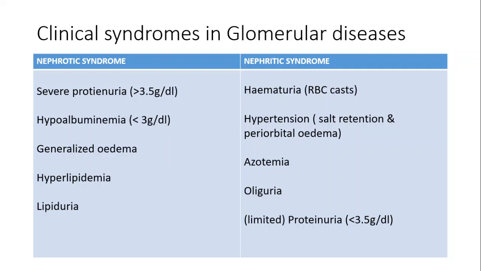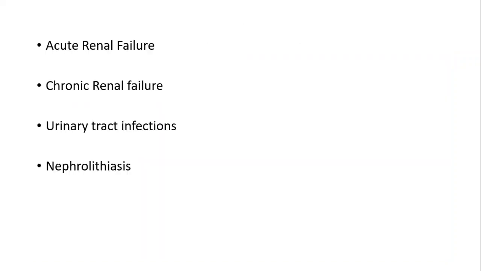So proteinuria and lipiduria are the characteristic findings in the urine examination, and hypoalbuminemia and hyperlipidemia are the characteristic findings in the blood examination, and the patient presents with a classical appearance of puffy eyelids and generalized edema. I already narrated these are the other presentations of glomerulonephritis. Nephrolithiasis is a condition which we can explain in surgical lesions of the renal disorders.